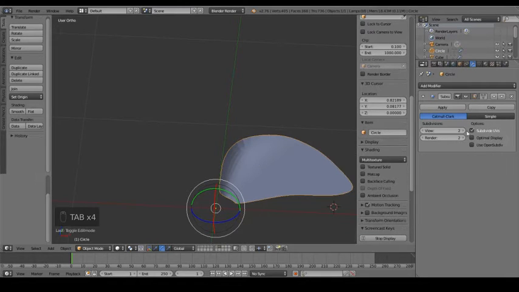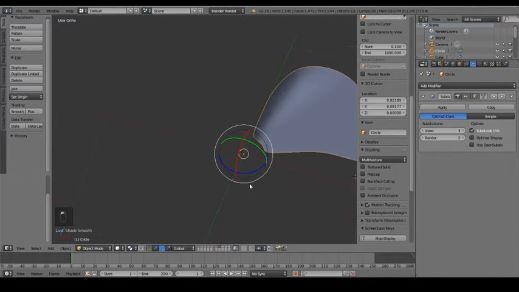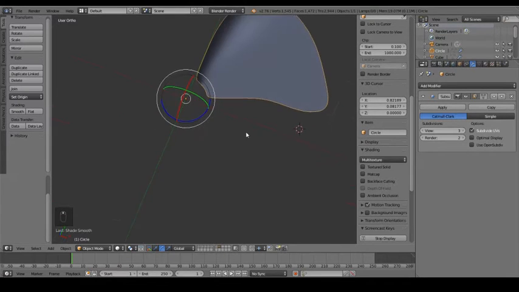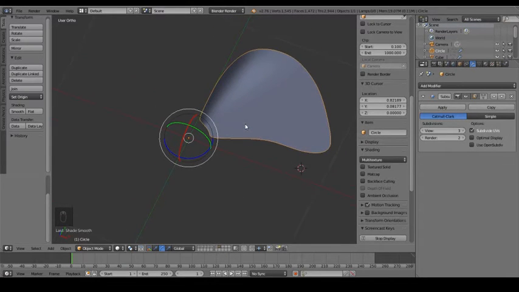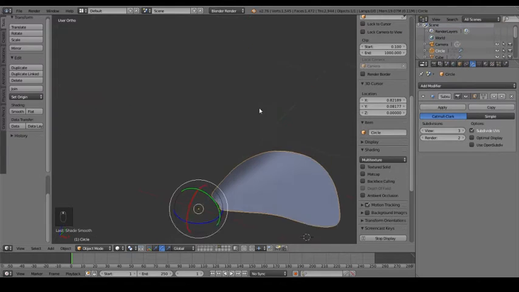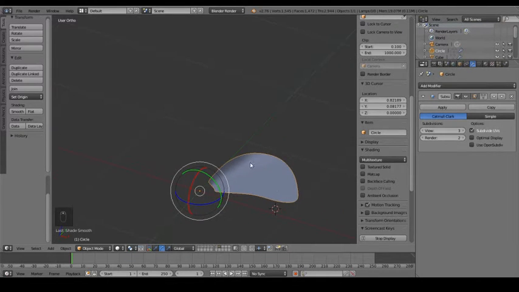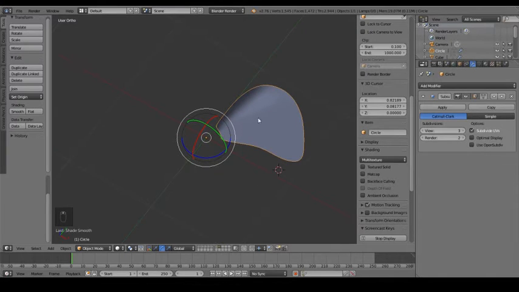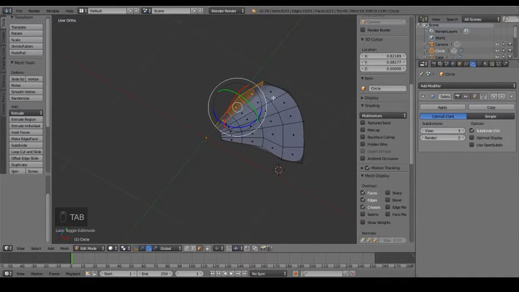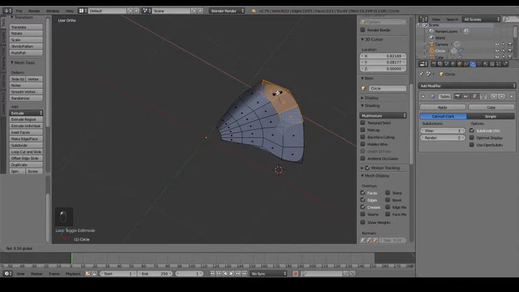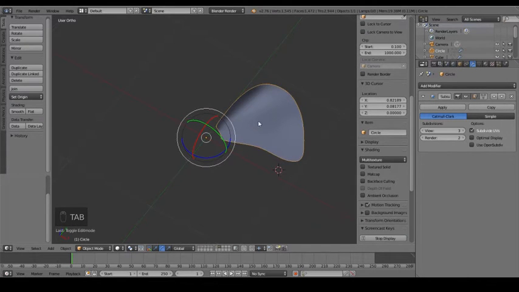and if I just go and add a bit more subdivision there, then I get that curve, which is not bad. But the problem is we need a little bit more, how can I say, curvature over here, but now we get a kink. So what do we do? Just undo all this, right? The best way is,